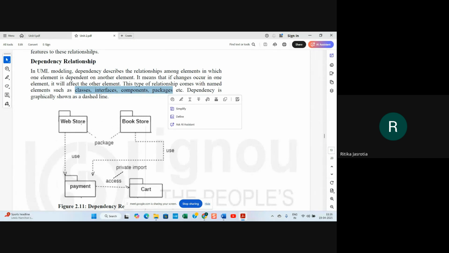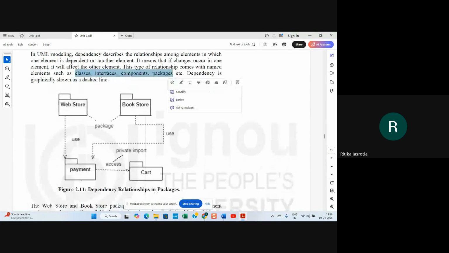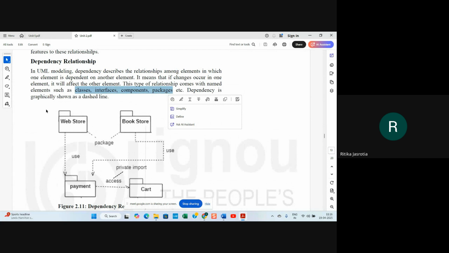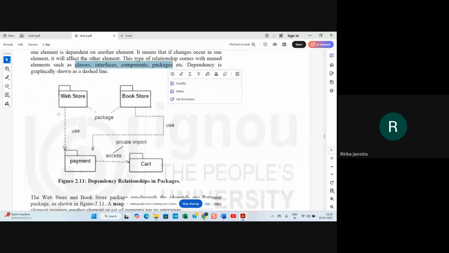In this, these are the packages they are talking about, or the components: web store, bookstore, payment, cart. These are the packages, and here they are showing a dependency graphically, shown as a dashed line like this.